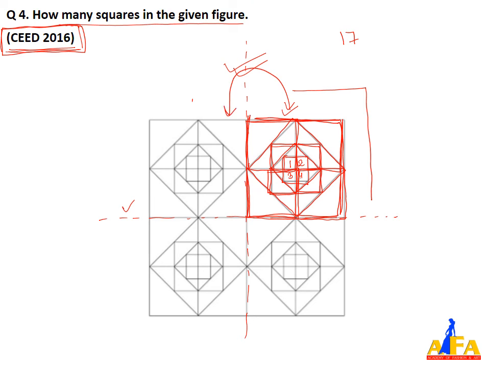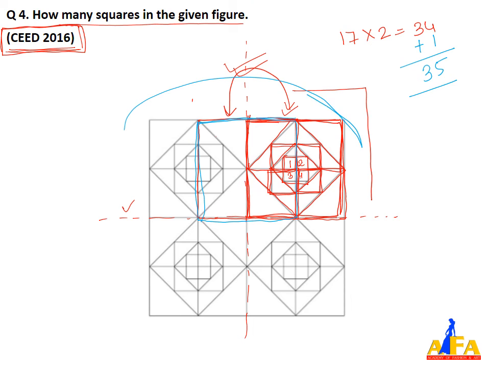अगर हम इस फिगर से इस फिगर में जाते हैं, so similar figure है, so we will multiply by 2. So 17 into 2 is 34. 34 के बाद अगर we can see कि इन दोनों में कॉमन स्क्वायर आ रहा है, कहाँ पे आ रहा है, यहाँ पे आ रहा है, like blue. You can take the blue color. ये वाला है जो that is common, so we will add plus 1. So this answer becomes 35 for the upper figure only.